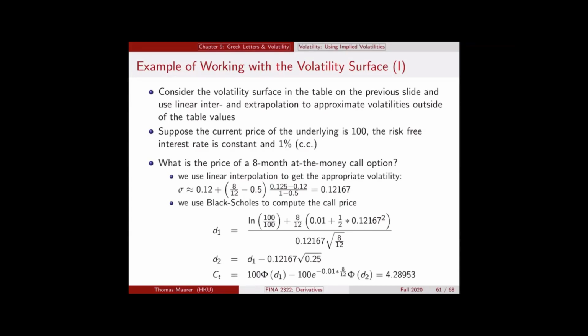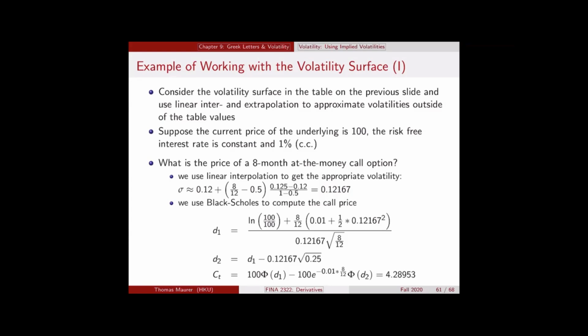The slope is given by this 12.5% minus the 12%, divided by, well, I have 6 months of maturity, so 1 minus 0.5. That gives you this slope. And now, how far do I deviate from the 6 months option? Well, I'm trying to find the one with 8 months. So I have 8 months minus 6 months, so basically these 2 months, times that slope. And that gives me this implied volatility of